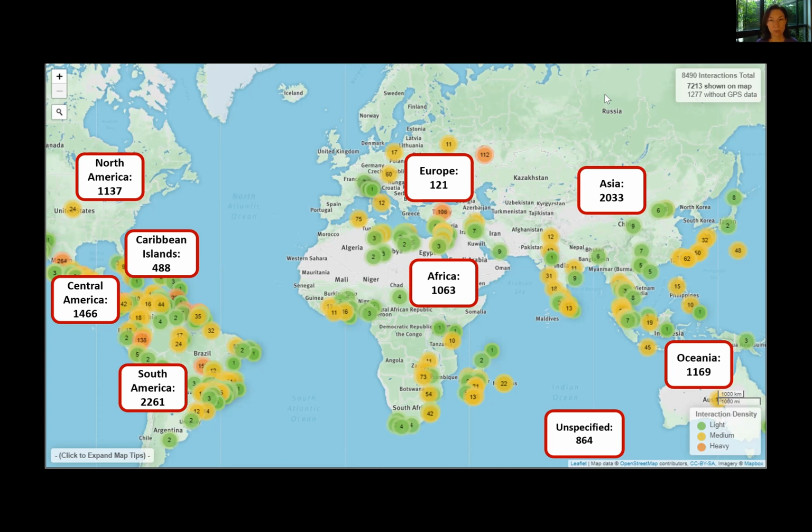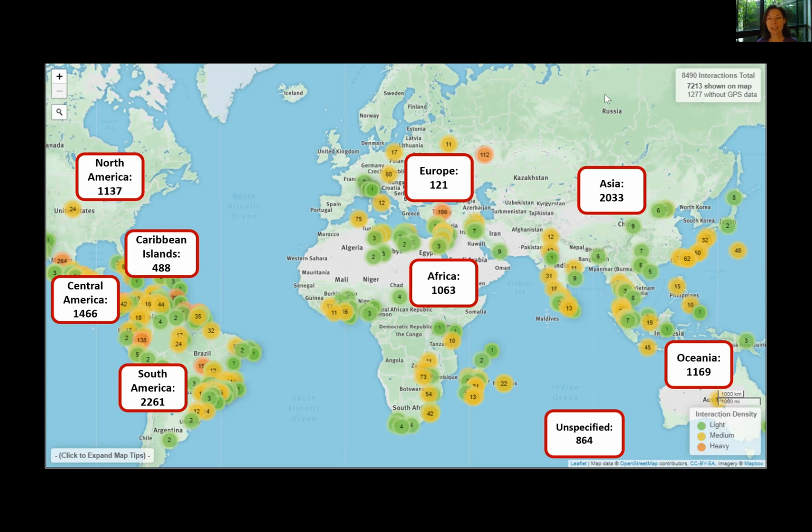And then went over into Asia and Oceania. I'm pulling up, we have about 2,000 from Asia, 1,100 from Oceania, and there are a little over 800 that are unspecific. These are from old publications that just mention the bat had interacted with another organism somewhere else, and it didn't specify the country or the habitat, but they've been included because this is some old time